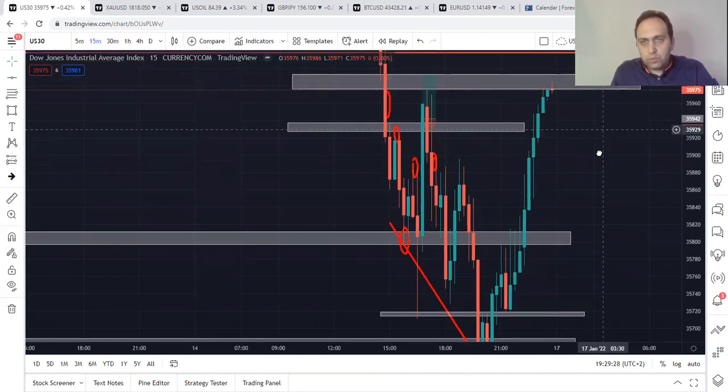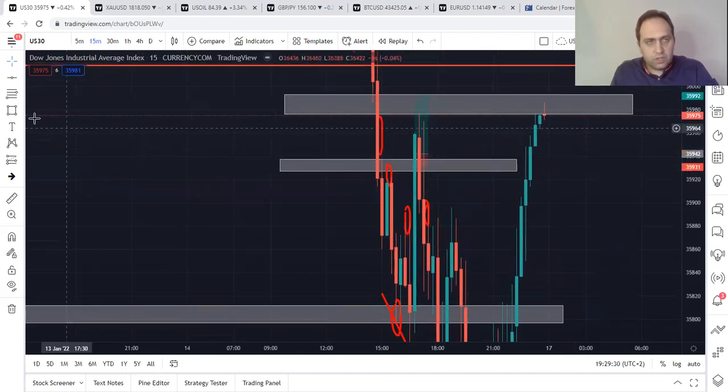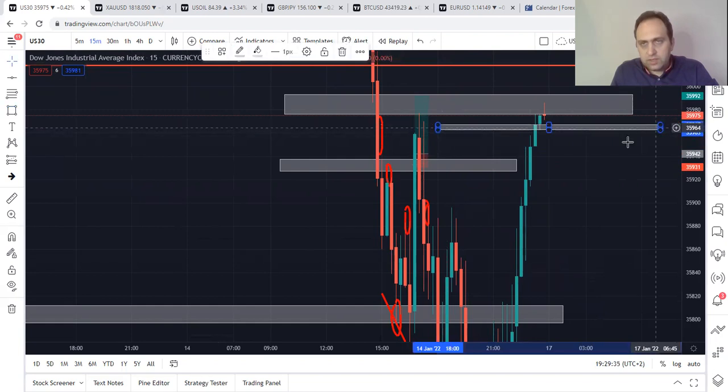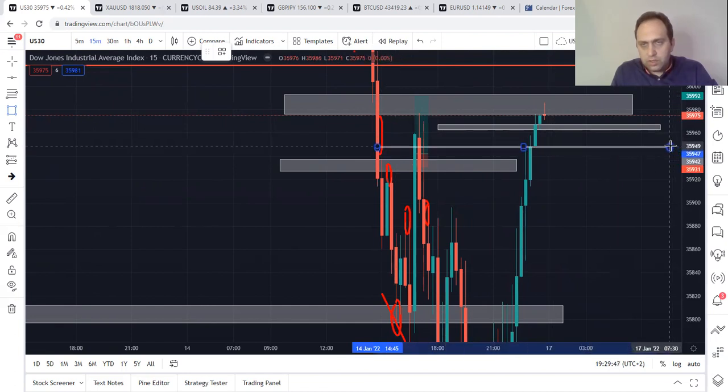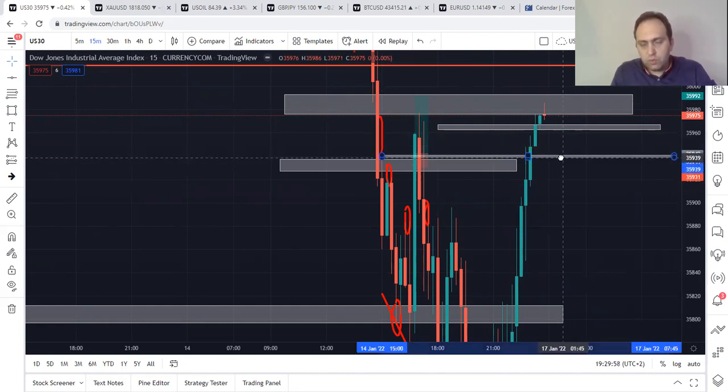So most probably it should do this thing on the lower time frame. If it breaks the low of the previous candle, this is a scalp trade, by the way, it should go down like this range at least. From 35,962 it should go down, if it breaks it, to 35,950, like 12 pips. And of course we have more clean traffic, so it can go more and more down.